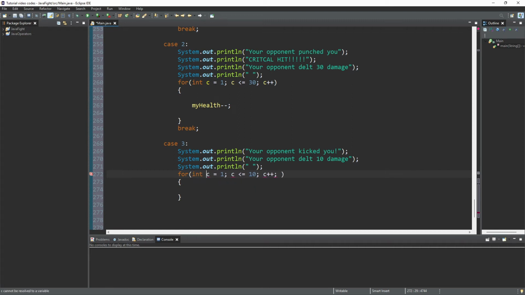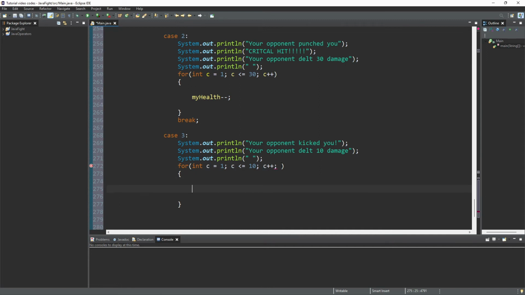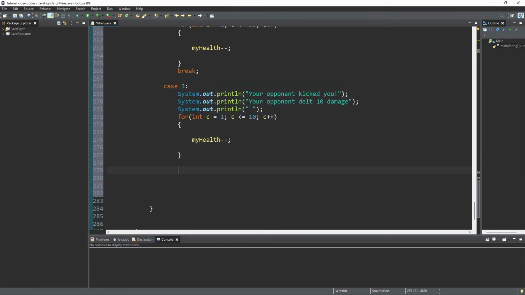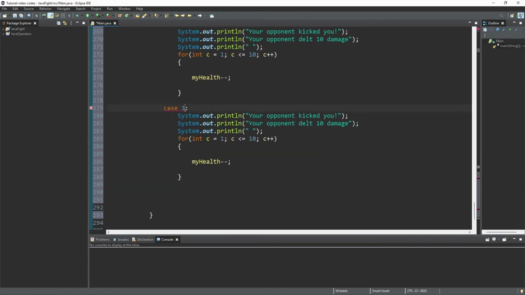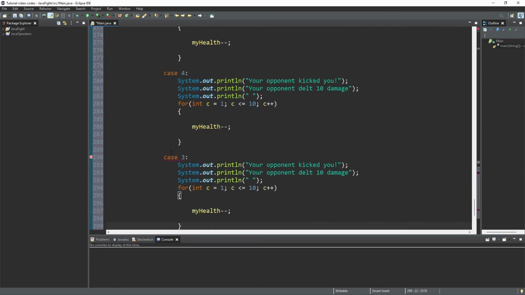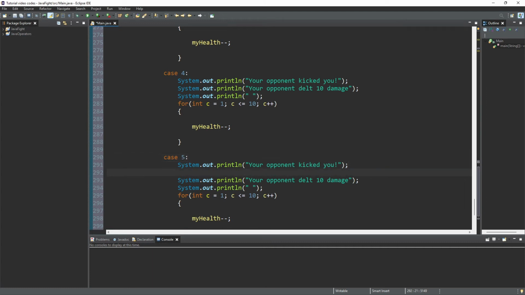Oh, and I also have to edit in. There we go. That's why it's not working. Okay, and now just do my health minus semicolon. Copy and paste this two more times. 1, that's going to be 4. And that's going to be 5, but 5 is going to be a critical hit, so